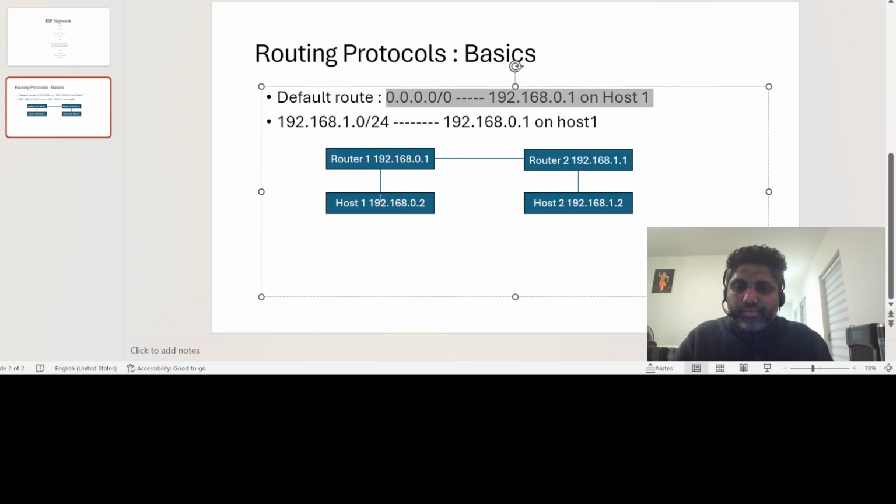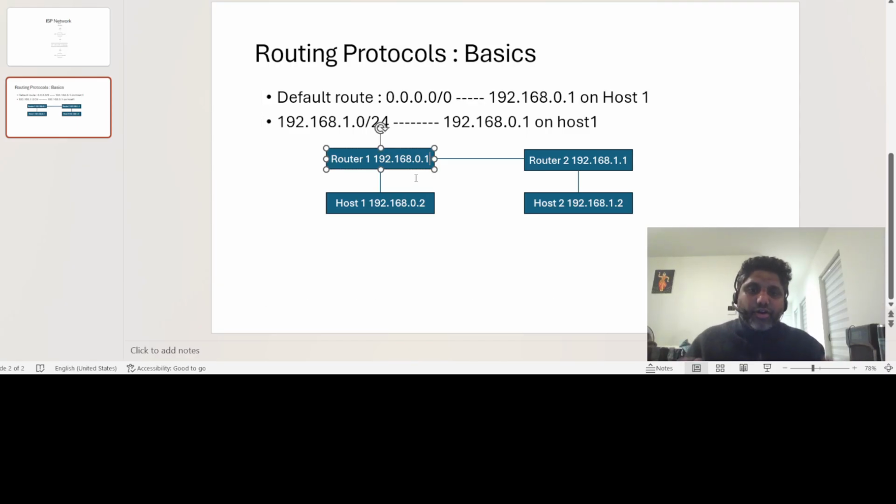Once the ICMP packet is sent to this gateway IP address and received here, router 1 will see whether there is a route existing to router 2, which is 192.168.1.1. Right? Here we defined it, but there has to be a route here also, saying that to reach 192.168.1.0 we have to go through this interface,